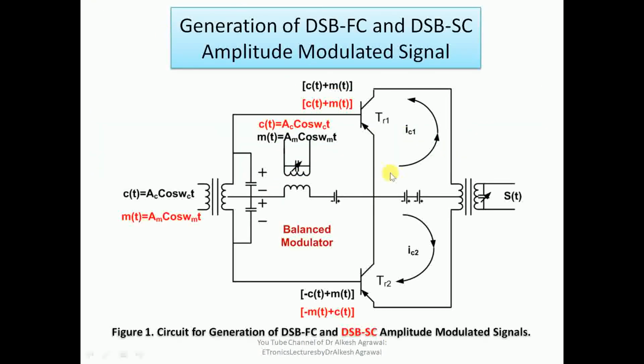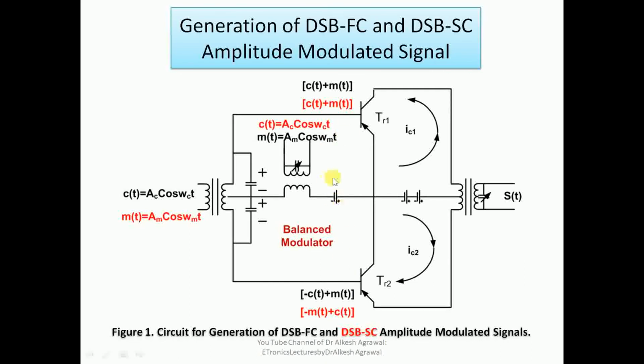This slide shows the circuit diagram of a balanced modulator, which mainly consists of a class A push-pull amplifier, made of two transistors, transistor 1 and transistor 2. Since a transistor is a current control device, we have the collector current IC1 for transistor 1 and IC2 for transistor 2, which mainly depend upon the kind of input voltages being fed at the base